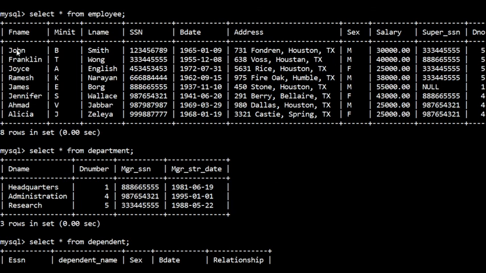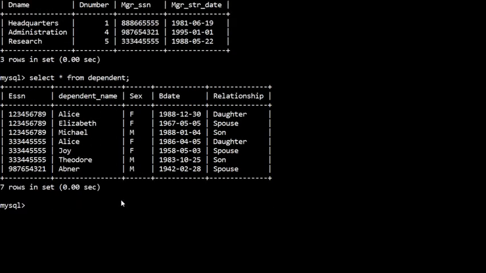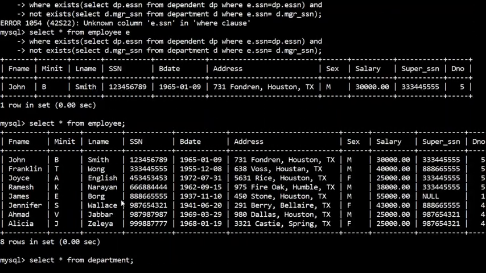Okay, so only this tuple will be displayed in the result. That's why you are getting John B. Smith, his information. According to this query, we'll get only one tuple. This is matching with these two subqueries conditions.